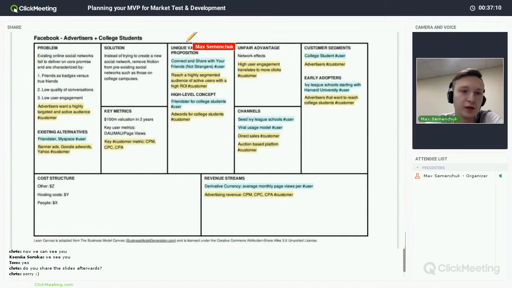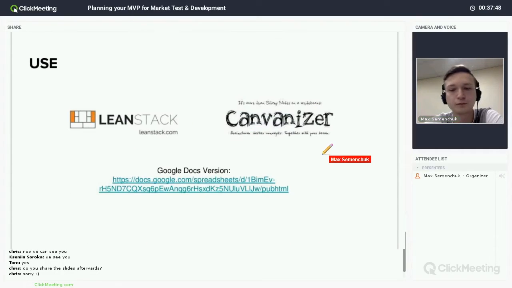So basically, for college students, they are organizing a network for more friends, for better quality of conversation, for higher user engagement. Building these features, it's metrics. That's what they need, like in costs. That's how they profit. You can check it out afterwards in the slides. And again, there are other examples on the web for that, but just so you know how the Lean Canvas version looks.